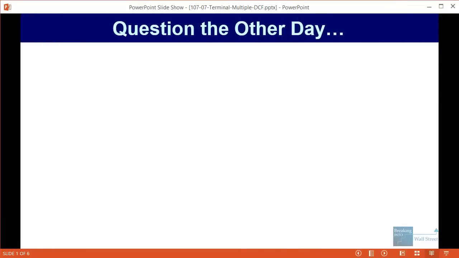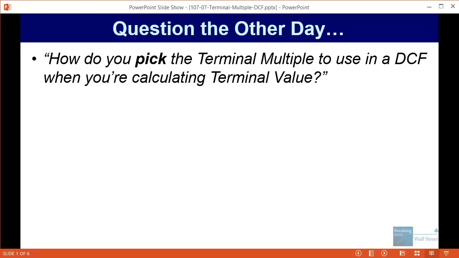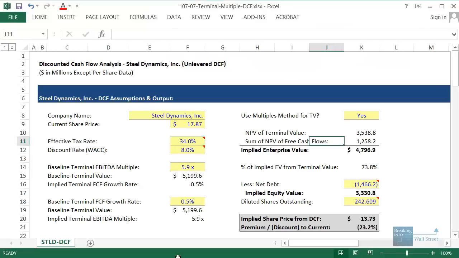Another free tutorial video. This time we're going to be addressing a question that came in the other day on a very specific part of the discounted cash flow analysis. And I'll paraphrase the question right here. How do you pick the terminal multiple to use in a DCF when you're calculating terminal value for use in the analysis? And just to show you exactly what we're talking about, I have up here a relatively simple DCF analysis